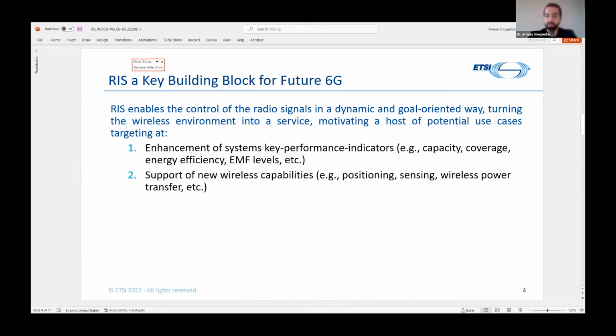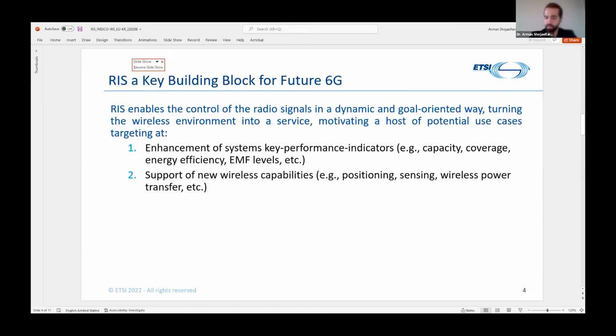And there are a host of potential use cases that target utilizing these characteristics of RIS. And these include aiming to enhance existing key system performance indicators, for example, coverage and capacity, but also importantly to enable new types of wireless applications.